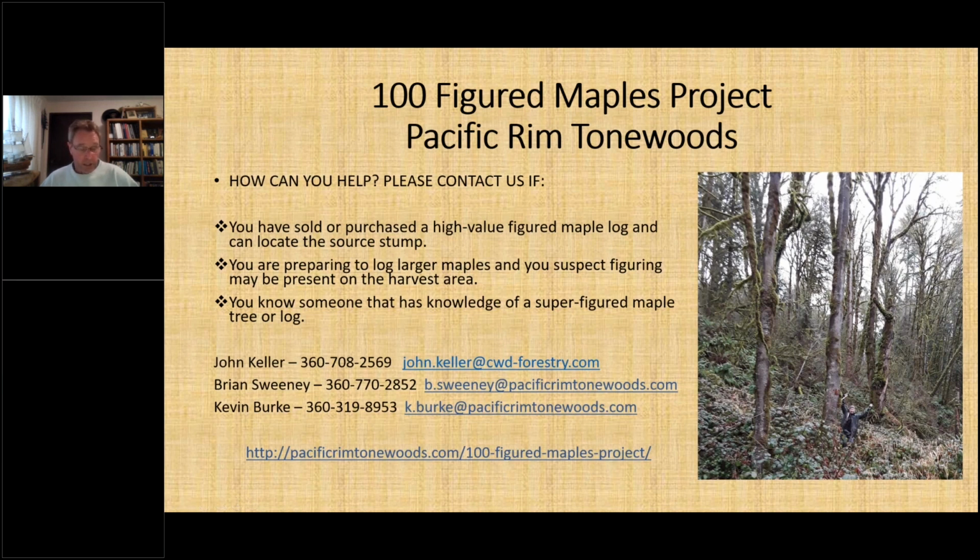Does that make sense? Do you need a follow-up question for clarification? And I think you answered this. One of our members is having maple milled on site. Is there a specific way to have it milled so that if high figuring is discovered, it's cut in a way that it could still be sold to Pacific Rim because it's being milled on their site as opposed to carted in? Yeah, so we would not buy